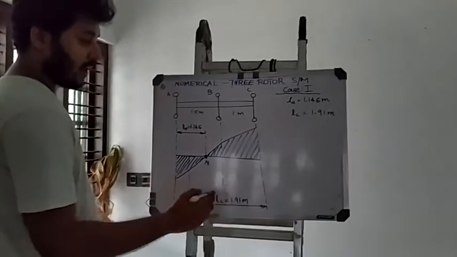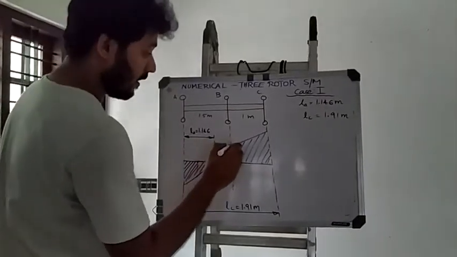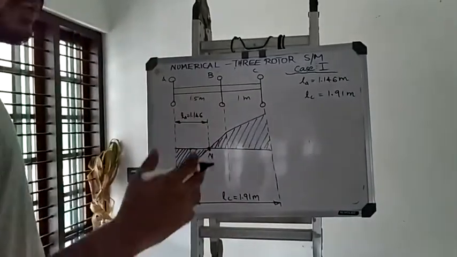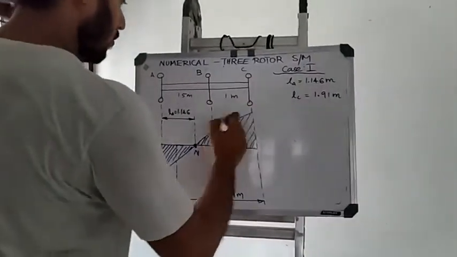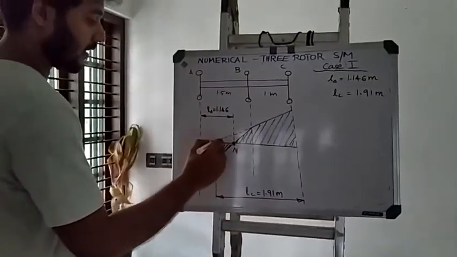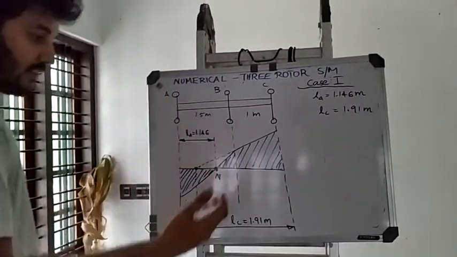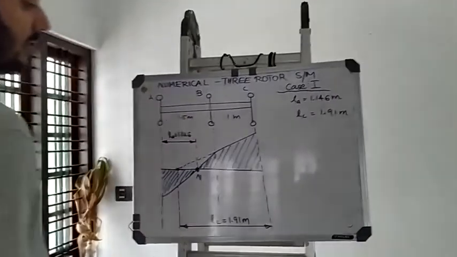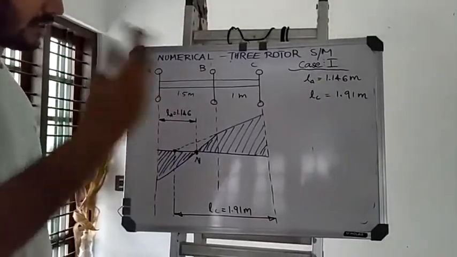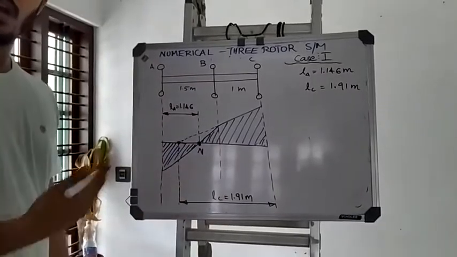So what is actually 1.91, LC? LC becomes the imaginary node that we devise with respect to the 2 rotors within which there is no presence of an original node. So if we extend this line, this will come and meet this sharp line at this point. So this is the imaginary node position that we are imagining, and hence we get a value LC equal to 1.91. Pause the video, draw this figure, and once again evaluate yourselves how these values are affecting the nodal figures, and we are drawing the nodal diagram.